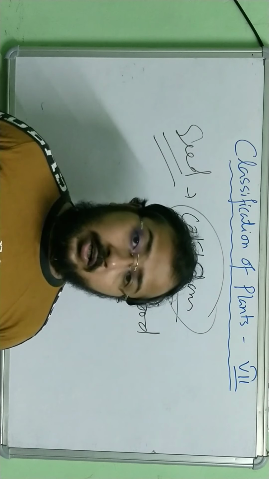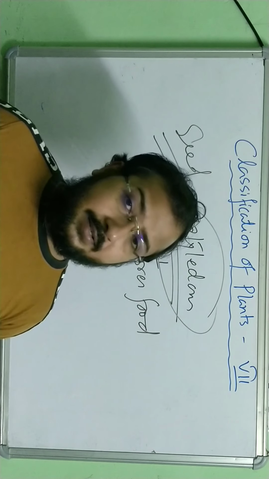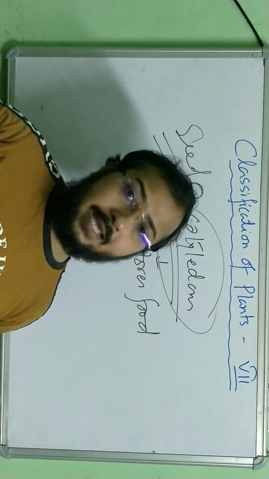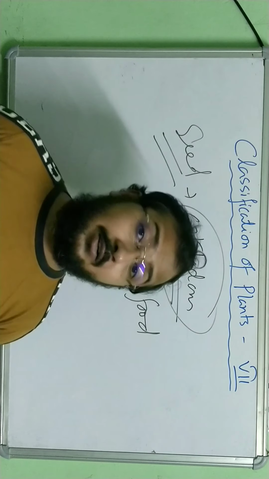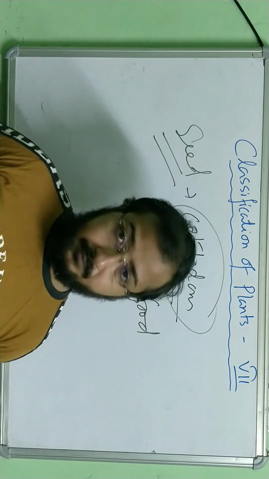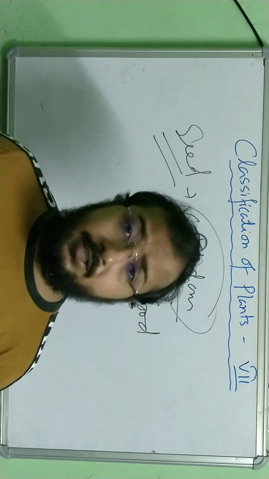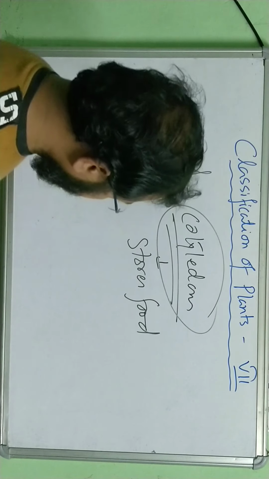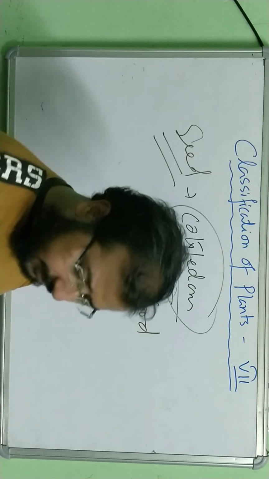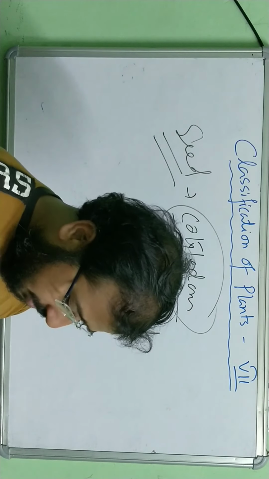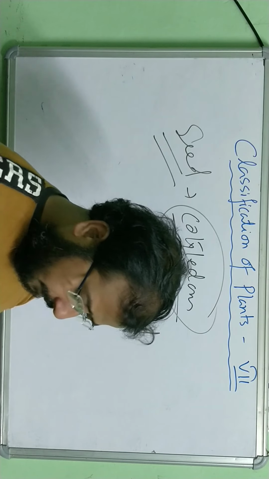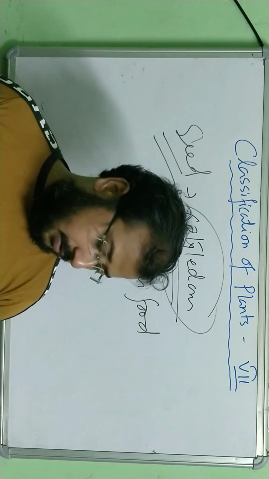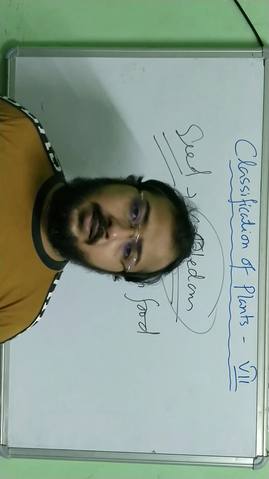There may be one cotyledon in some plant seeds, and two cotyledons in others. So there are monocots and dicots. Monocots have one cotyledon in the seed. Dicots have two cotyledons inside the seed. This is a very simple and basic discussion of angiosperms and gymnosperms. There is nothing much more in your syllabus.